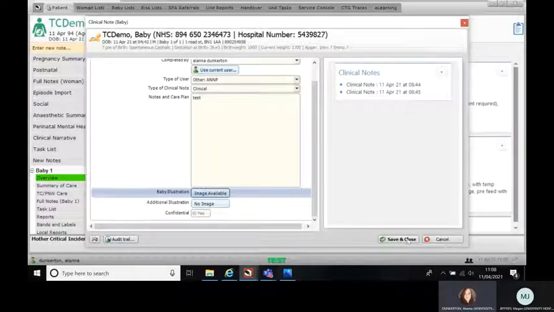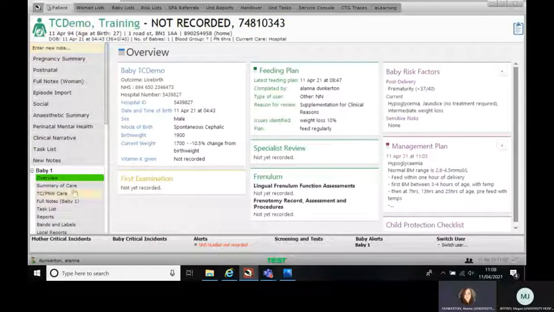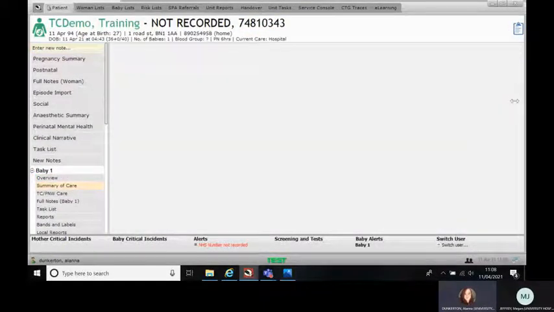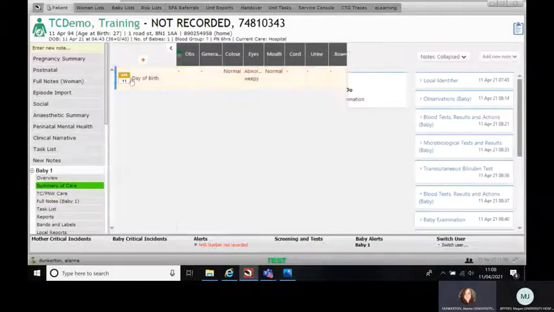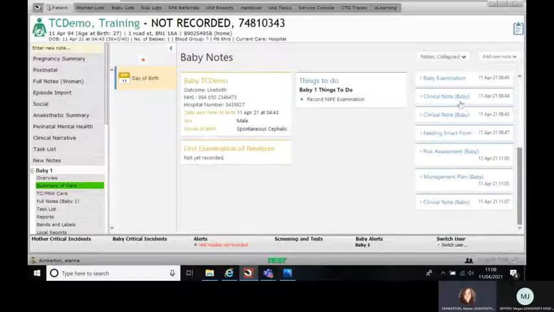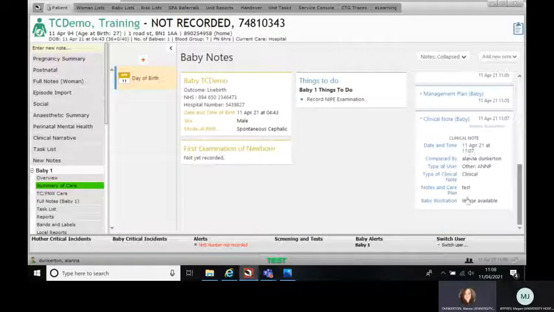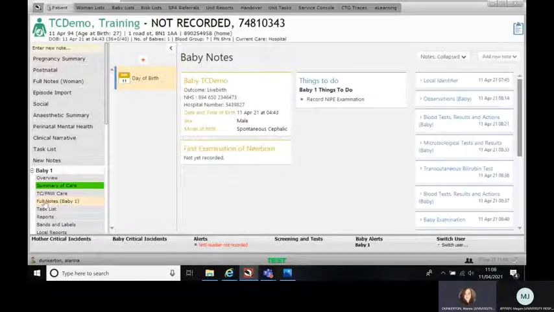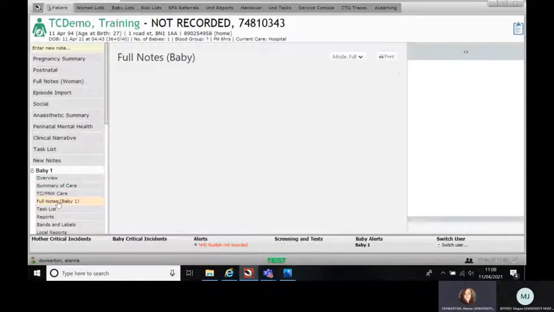Obviously, once you're happy with everything, you press save and close, and then that is viewable in your summary of care on your day. So we've got a clinical note baby here, which is the one we've just completed, and it says there's an image available. If we want to see those notes in order, we go into full notes for baby,